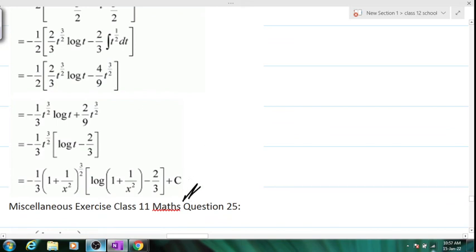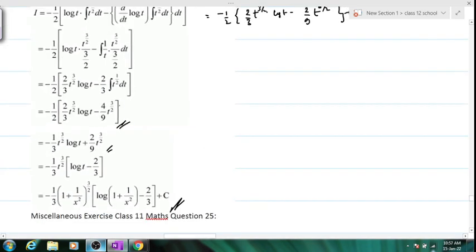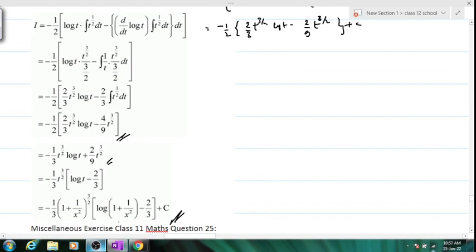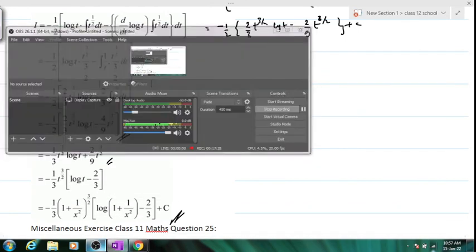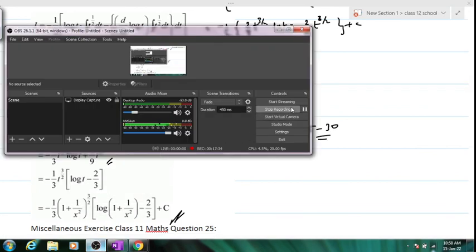Okay, I think I've solved till this much. No, till this much I've solved. After that, when you substitute the value for t, you substitute at your home. Copy till this much. I'm stopping the recording because your homework will be 25 next, okay? 25 to 30. And hopefully by Tuesday we'll be getting over.